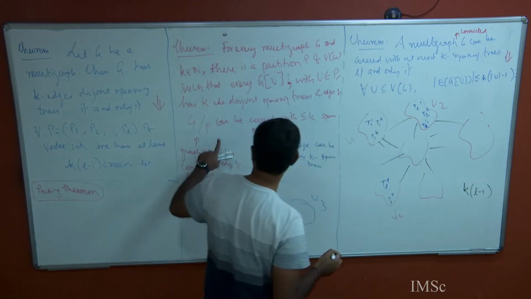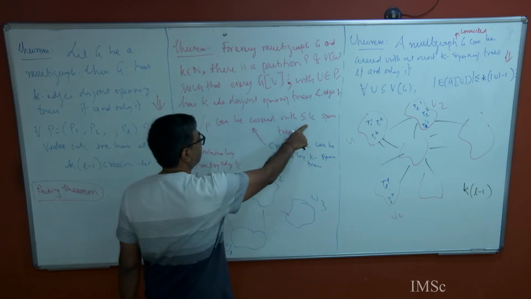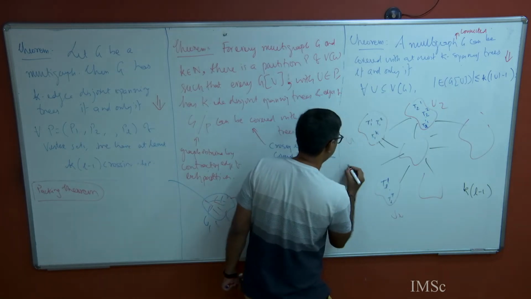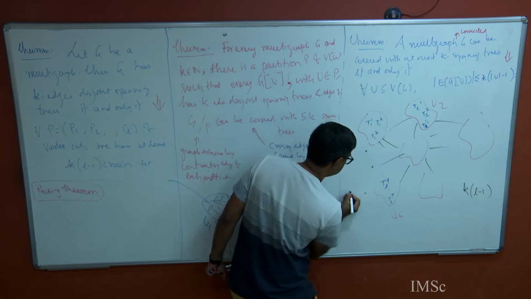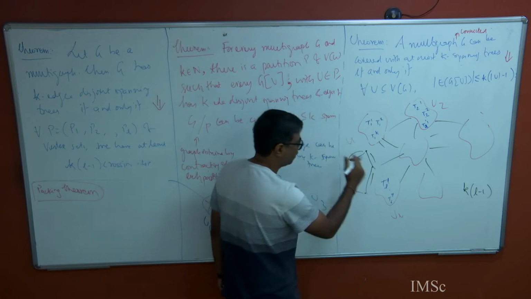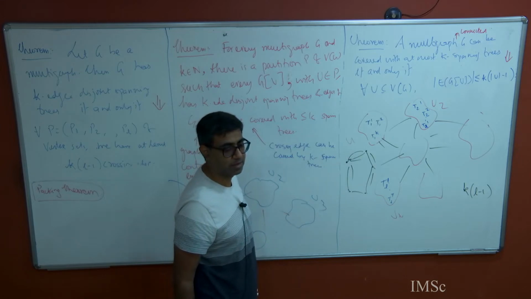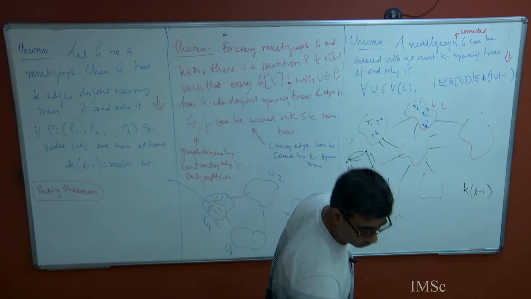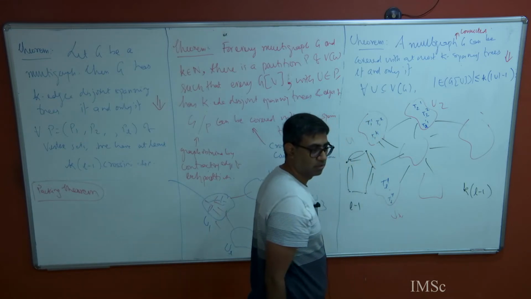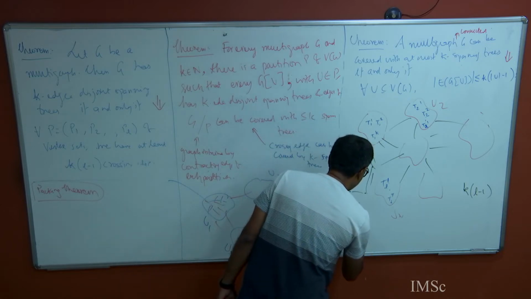Okay. What does my theorem tell me? Now if I contract each of these components into singletons, preserving all multiple edges going across, what is the number of edges a spanning tree on these L vertices can contain? L minus 1, right? Now, how many edges do I have? Okay, so you have k times L minus 1 edges.